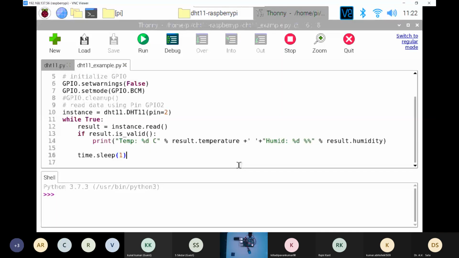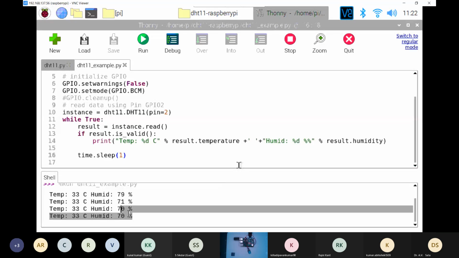And then I have to just click this run button to compile the code. If the code is perfectly fine and connection is right, then it will run. Okay, so it is showing this temperature. This is 33 and humidity is relatively high, 70%. So it is current temperature, perfectly fine.